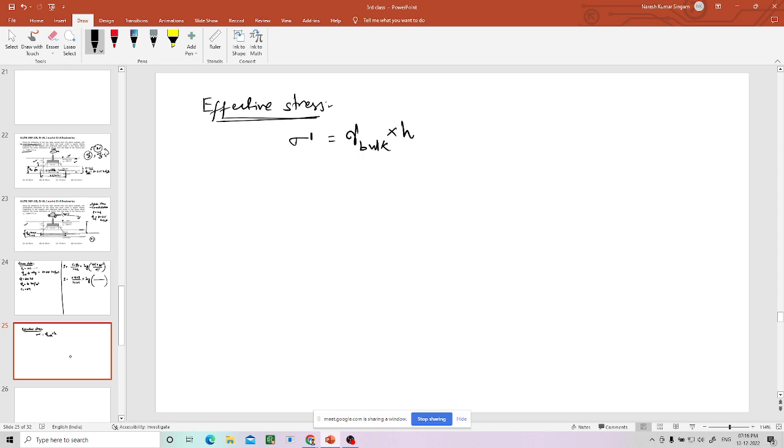If it is bulk, that is fine. If it is saturated clay, if it is having water table, then you have to go for gamma submerged multiplied by h. Gamma submerged, how do you get? Gamma sat minus gamma w will be gamma dash. Okay, why are we doing this for effective stress? I have already told you in the last class that